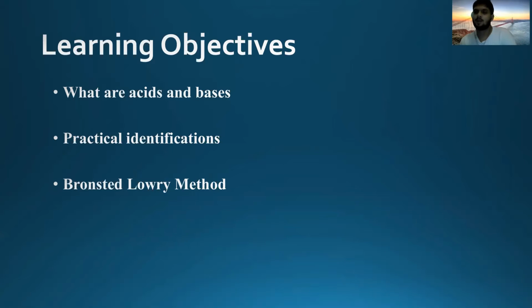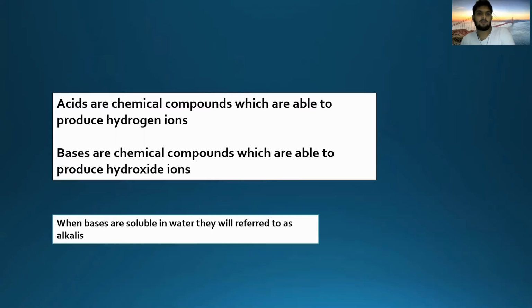Basically, there are a few practical tests that you can perform to identify them. And finally, we will learn about a theory called the Bronsted Lowry theory. So let's start. If someone asks what acids are: basically, chemical compounds which are able to produce hydrogen